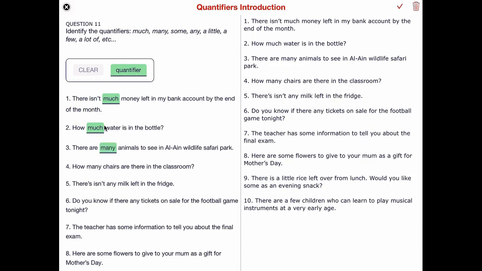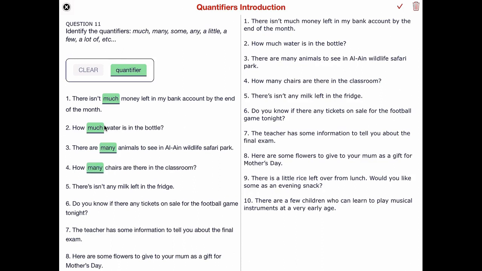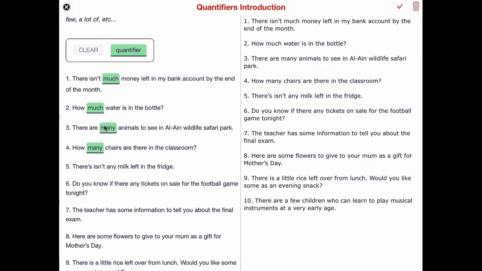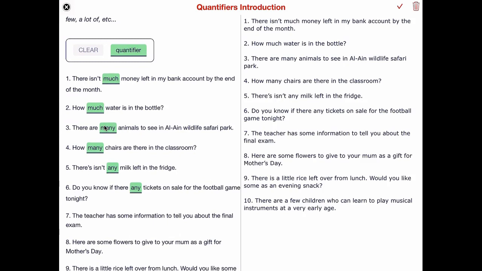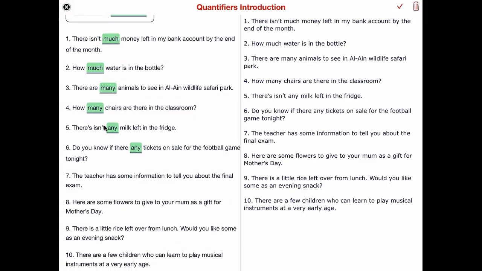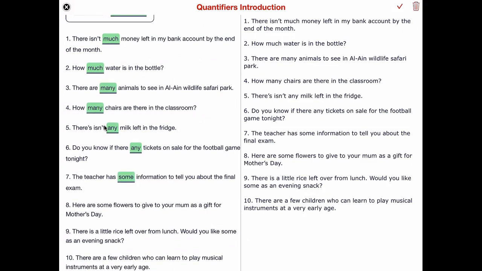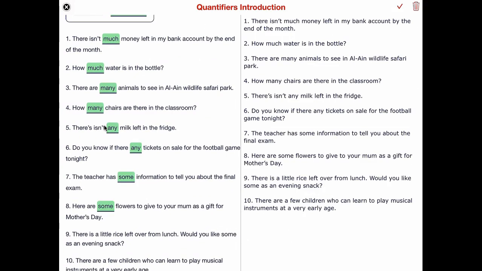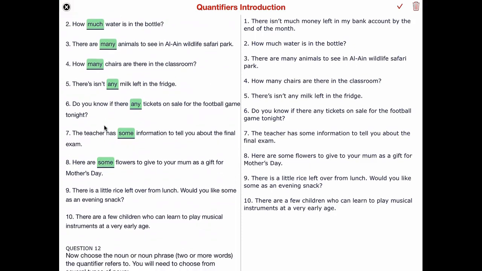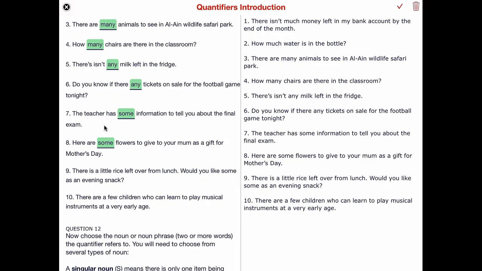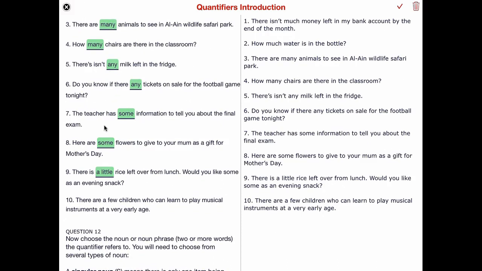We've got many, and that's a positive and a question. Any, and that is a negative and a question. Some, okay. That is, what are those, 2 positive sentences? Got a little and some,